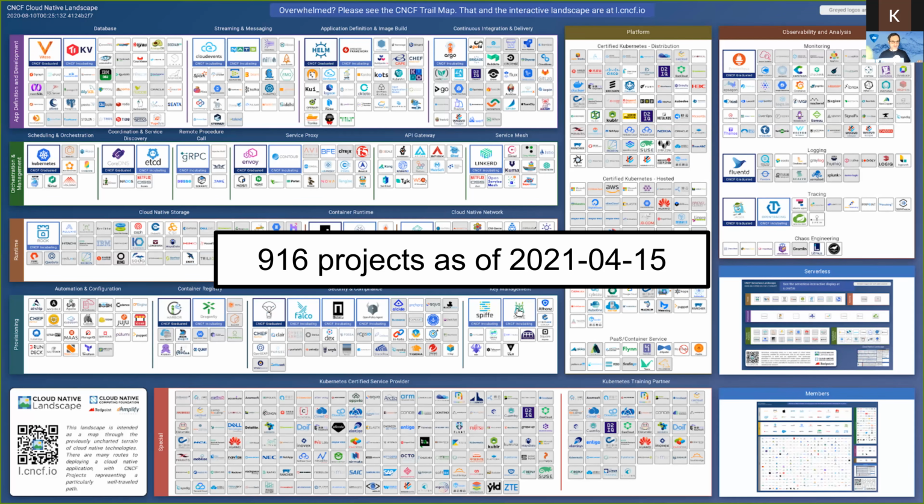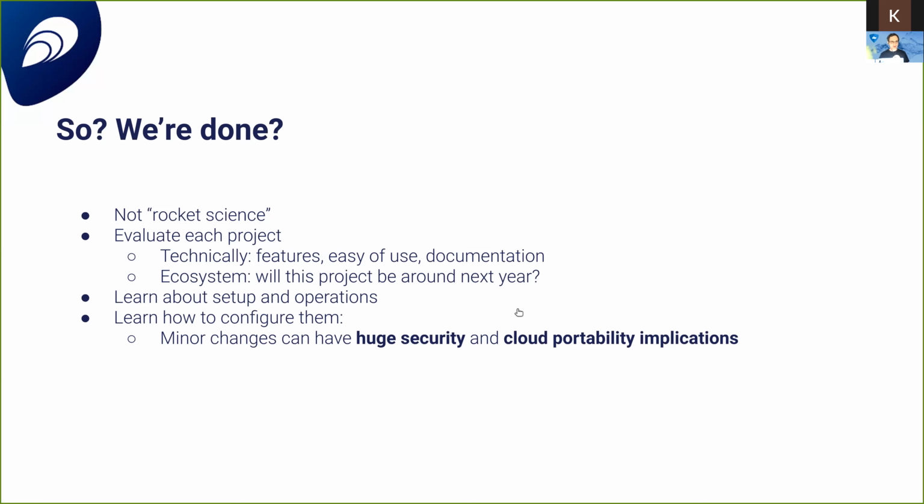So all this sounds really great. So are we done? Well, no, because while strictly speaking what I'm telling you is not rocket science, it's still a lot of work. You need to go ahead and, for each of these topics, evaluate what is the most promising project. And this needs to be done at 2 levels. First of all, technically, you really want to make sure that it has the right features for a use case, that it's easy to use, and it has proper documentation